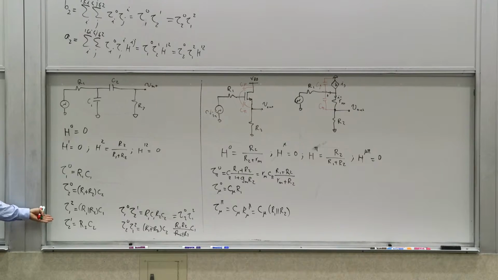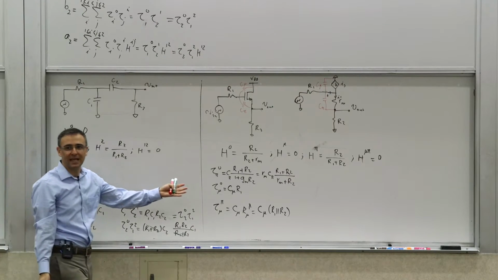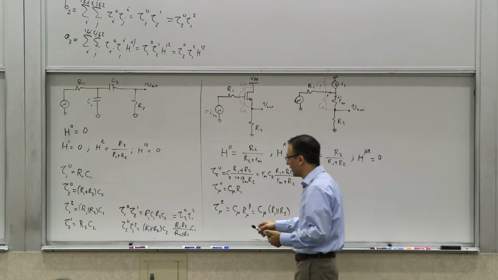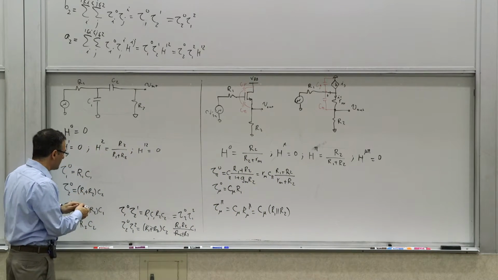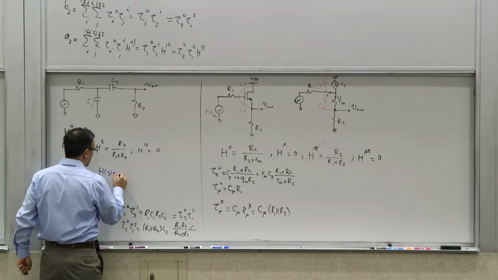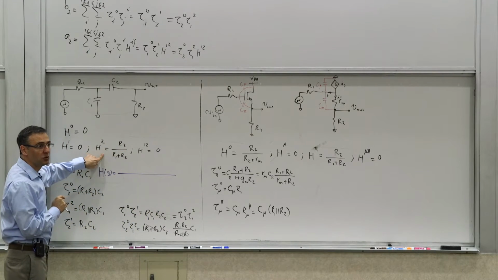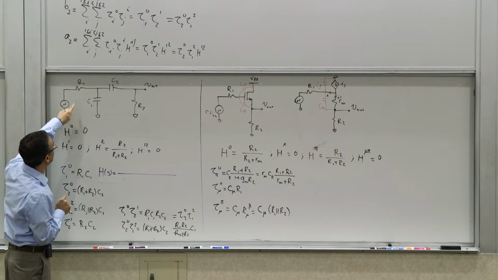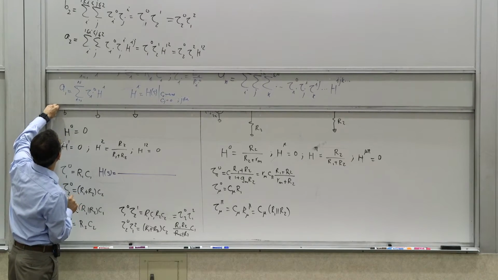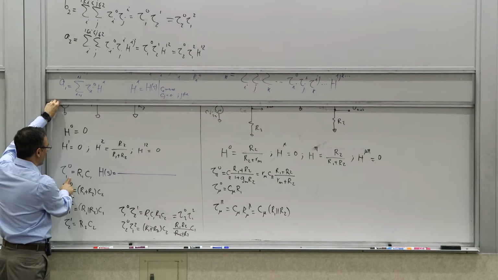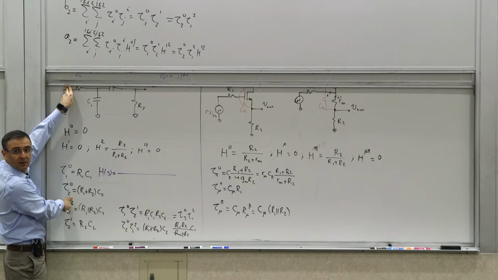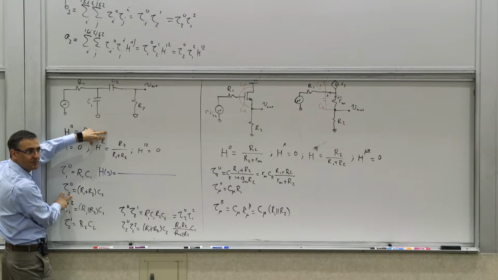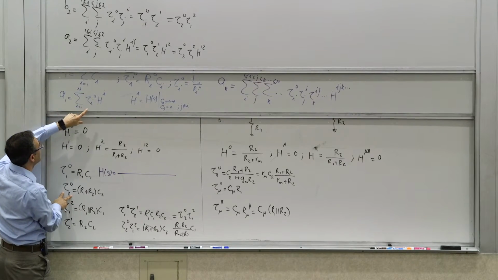But there's actually more information in this form than if you try to put a compounded form and all those things. We can write it. That's fine. It's not a problem. So if you write this, the numerator would be what? The only non-zero term in the numerator would be due to this one, right? So what you have is R2 over R1 plus R2, which is H2, times what? So the first term in the numerator would be the A1 term, times tau 20, right? Correct? So it would be tau 20 H2 times S, right? That's the only non-zero term that you will get in the numerator. It would come from this sum,